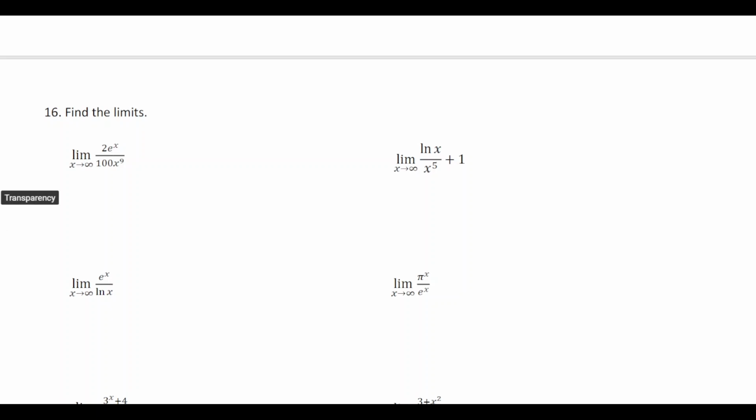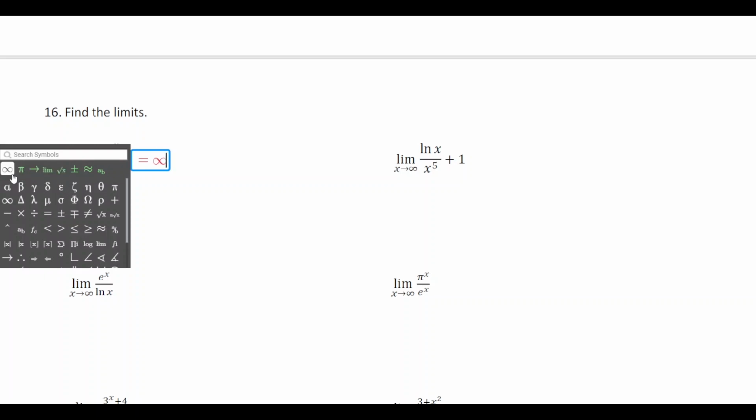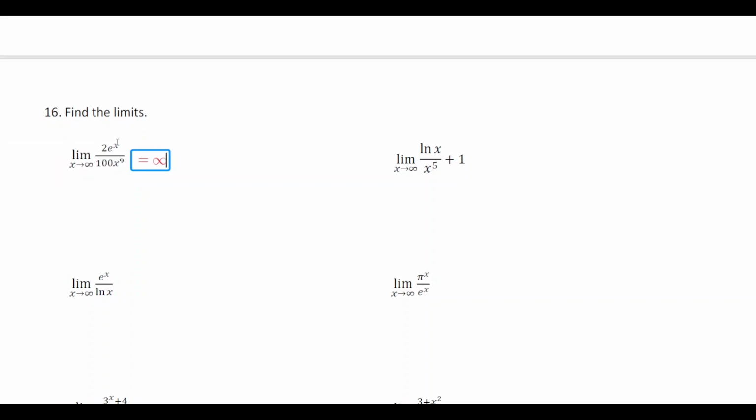So if you look back at what we talked about in the lecture, we saw that exponential functions grow more quickly than polynomial functions. So that means here the numerator is going to grow more quickly than the denominator. And unless we had a negative sign out here, this is just going to go towards infinity. Now, this would be different if x went to negative infinity, because these exponential functions have a property where they're approaching 0 as x approaches negative infinity. So if that were the case, then you'd have 0 over just anything, which would equal 0. So just keep that in mind when you have these exponential functions, that it really does matter if you're approaching